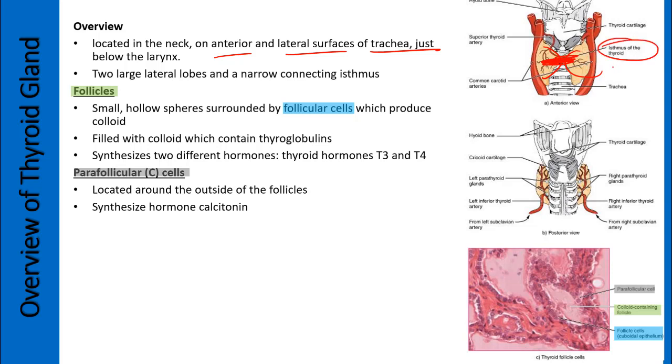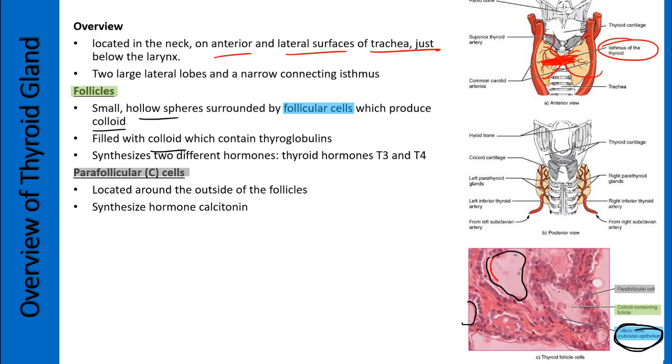by a connecting isthmus. And when we look at the cells in the thyroid gland, what we see is we can see these big follicles over here. So you've got these big follicles that contain colloid, right? And they're hollow as well, so they contain colloid, and the colloid is where the thyroid hormones are produced. Around the follicle, you've got the follicle cells, right, which are part of the epithelium,